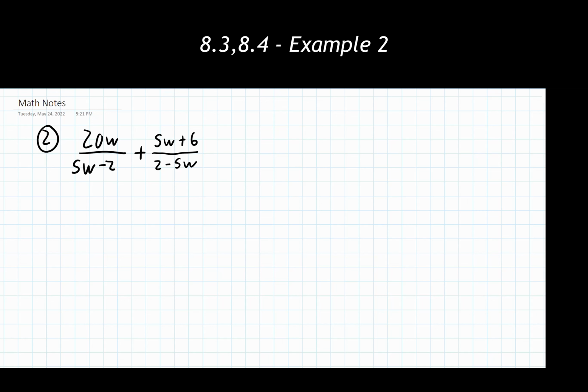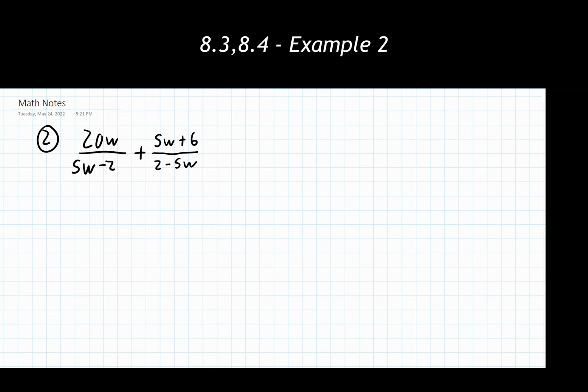I'm noticing that they both also have a 2 in there. In one instance, one is negative, in one instance, one is positive. So when looking at these, I'm noticing that these denominators are the negative of one another. So that means, using the hint that was listed in the process, I can factor out a -1 from one of these denominators, and that will change the sign of that one denominator, creating an overall rational expression, or two rational expressions, I should say, with the same denominator.